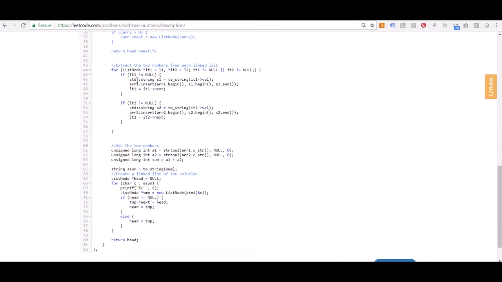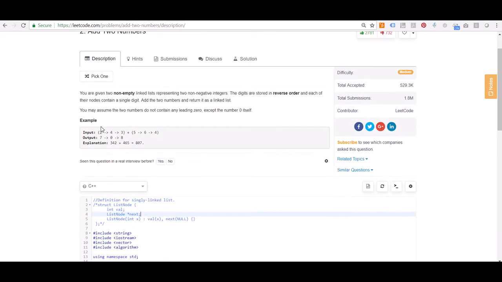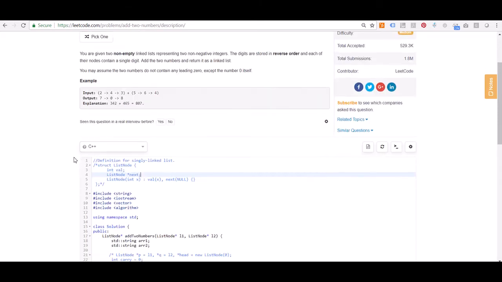Now as we move through this, once we extract the string and put it inside S1, we are actually inserting it at the beginning of the array that we just defined earlier. So essentially what we are doing in this case is we are adding numbers before the array, right? So let's say for example I get the number 2 first, so I insert the number 2, and then I get the number 4, then I will insert 4 at the start of my queue, and then I'll get the number 3 and I will insert it at the start of my data structure. Okay,